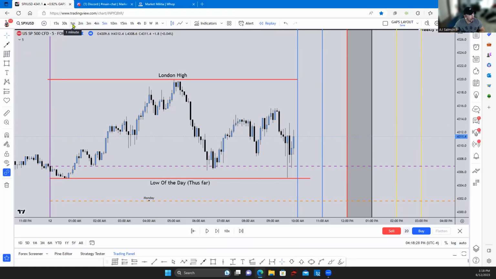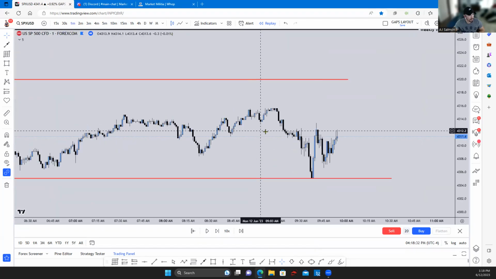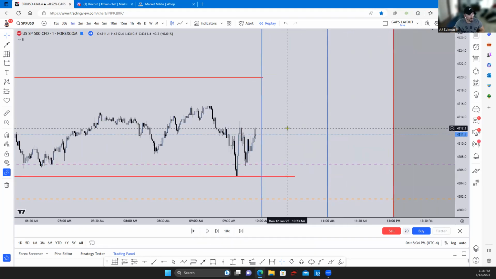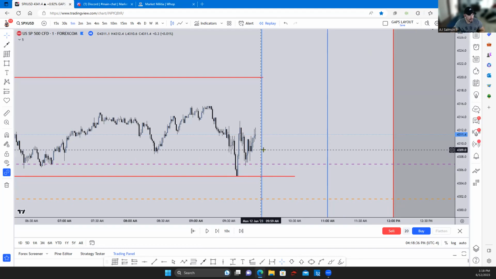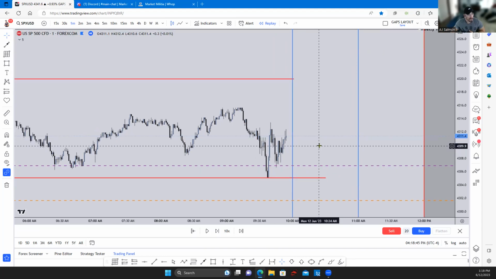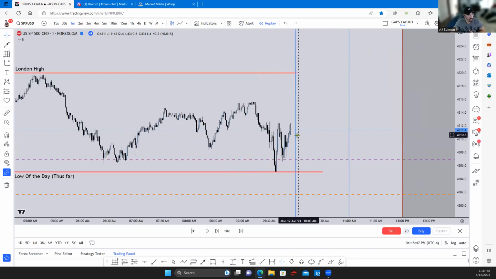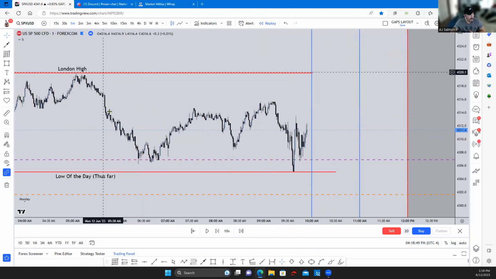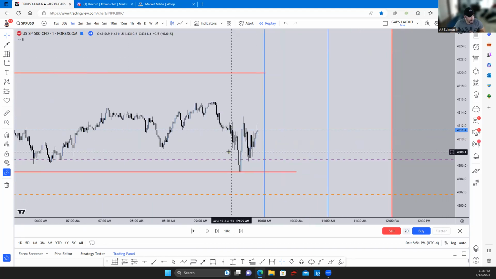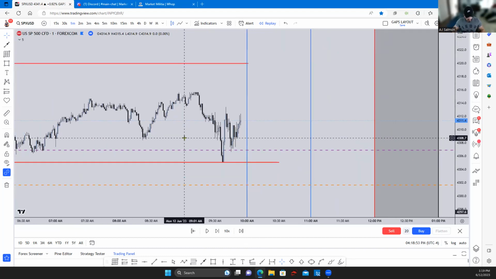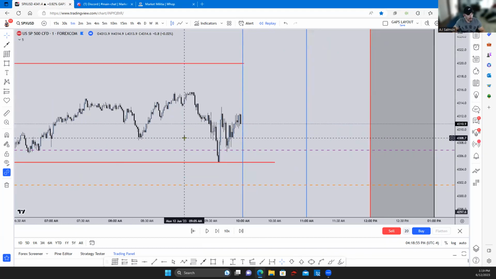So moving forward here, we have our range, right? If we drop down to the 1 minute here, our trading window for my strategy, which is ICT's silver bullet strategy, is from 10 a.m. to 11 a.m. New York time. Okay. So all I'm doing is waiting for one of these areas, the high or the low, to be swept in the form of a liquidity grab. So if we move price forward here,